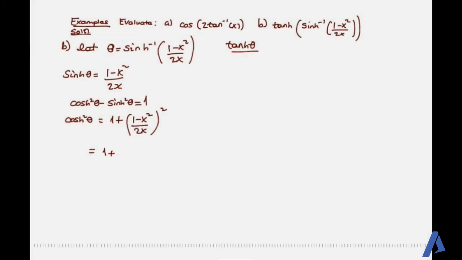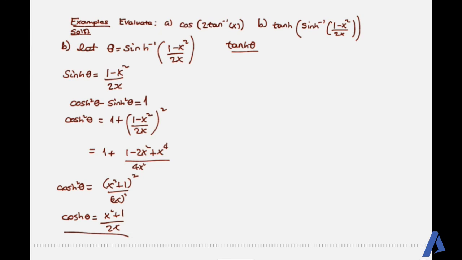ስለዚህ ይሄንን ኮምፒውት ስናደርግ ምን ይመጣል? 1 plus 1 minus 2x square plus x to the power of 4 over 4x square። ከዛ እዚህ ላይ አንድ እንደምረን ኮምፒውት ስናደርግ ምን ይሰጠናል? x square plus 1 the whole square over 2x the whole square። this is equal to cos h square theta። ስለዚህ cos h theta ከዚህ x square plus 1 over 2x ይሆናል ማለት ነው። ስለዚህ sin h theta አለን cos h theta አለን። ከዚህ tan h theta በጣም በቀላሉ ኮምፒውት ማድረግ እንችላለን። this is equal to sin h theta over cos h theta። ስለዚህ ፋይናል አንሰራችን 1 minus x square over 1 plus x square ይሆናል ማለት ነው።